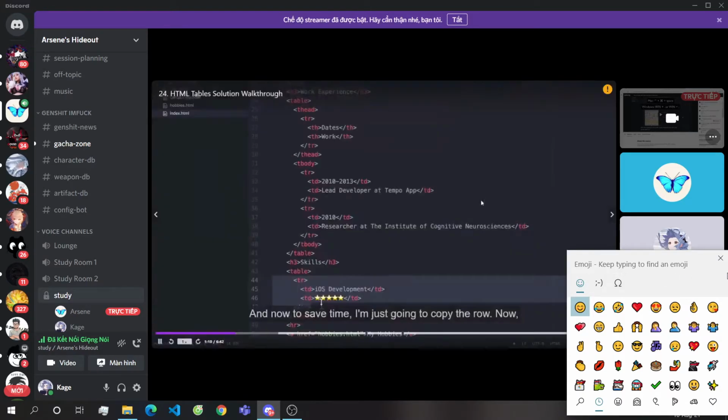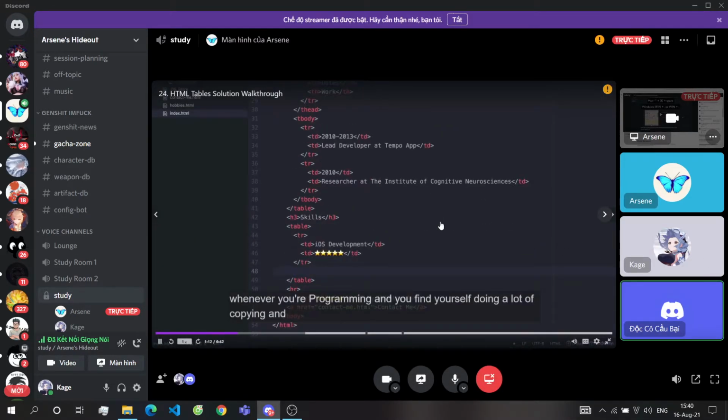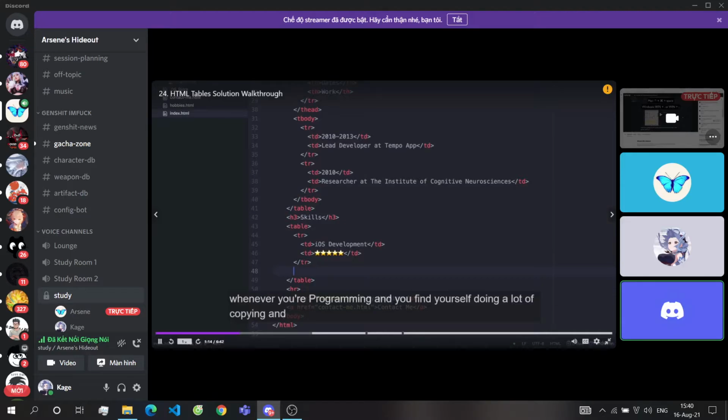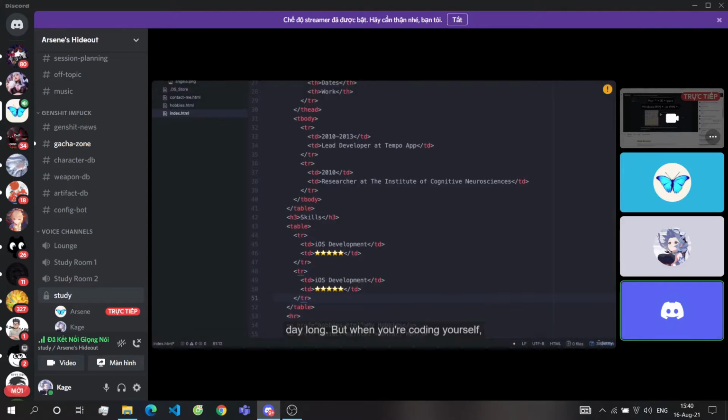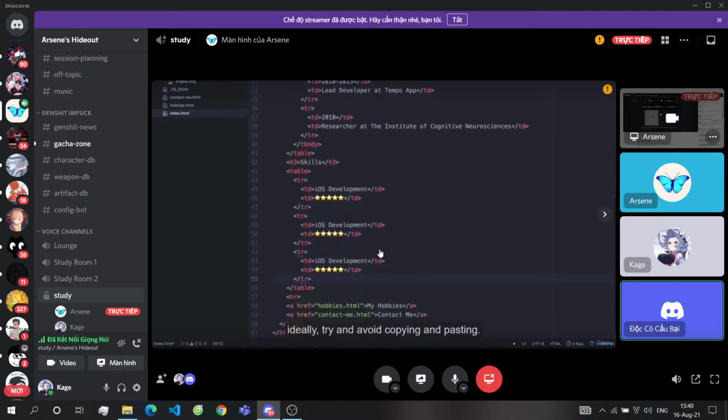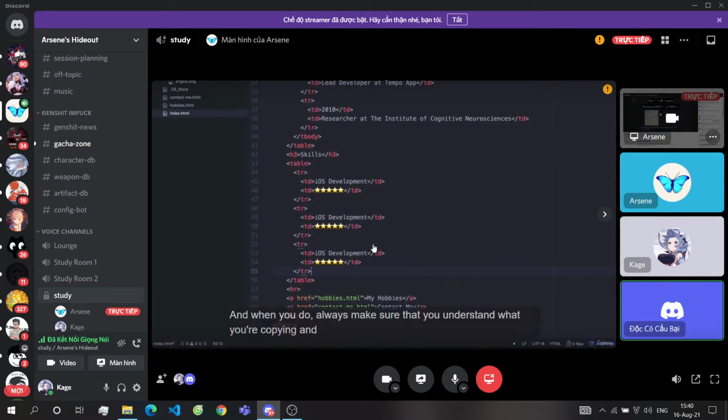The row. Now, whenever you're programming and you find yourself doing a lot of copy and pasting, then you're probably doing something wrong. Now, in order to save time, you'll see me do it quite a lot, and it's because it's not very fun for you to watch me writing TR and TD all day long. But when you're coding yourself, ideally try and avoid copy and pasting, and when you do, always make sure that you